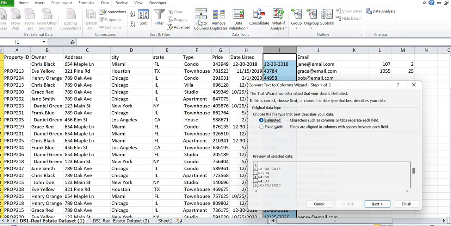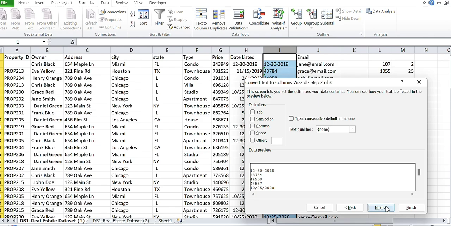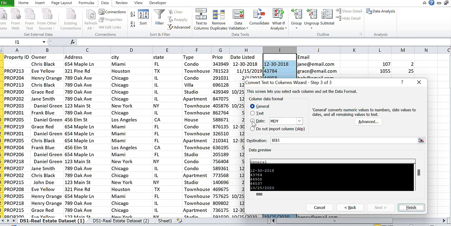So I'll go to text to column, next, none, next. I'll pick my date. I'll pick date instead of general. So I used month, day, and year because my system is on month, day, and year, and the first